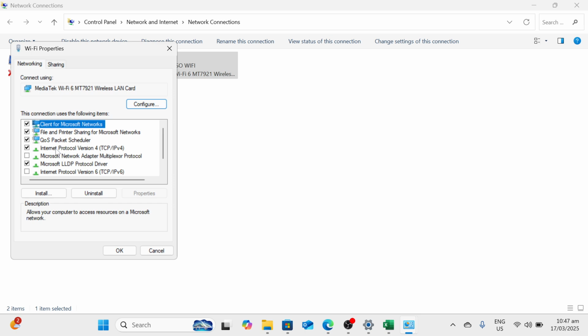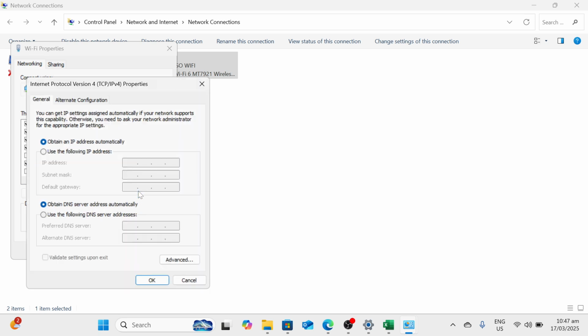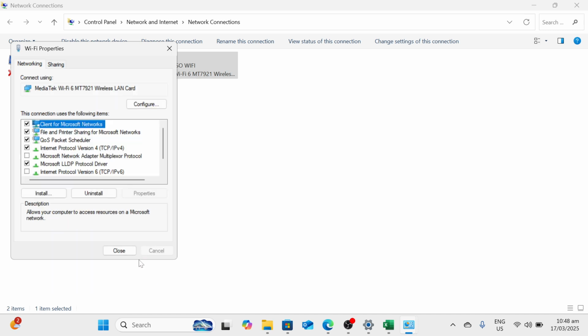Here we have to click on Internet Protocol version 4, go to properties, and then we have to make sure that the option that says use the following DNS server addresses is chosen. And the preferred DNS server, we have to type 8.8.8.8. And for the alternate DNS server, we have to type 8.8.4.4. And then we have to check validate settings upon exit, and then we have to click on OK,